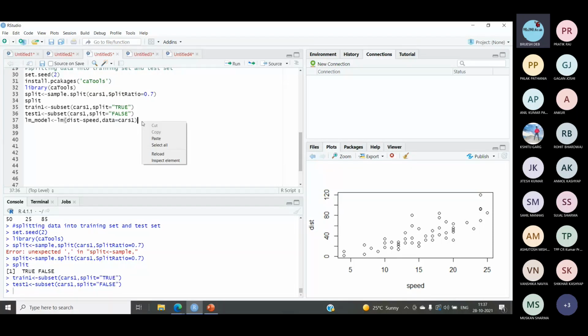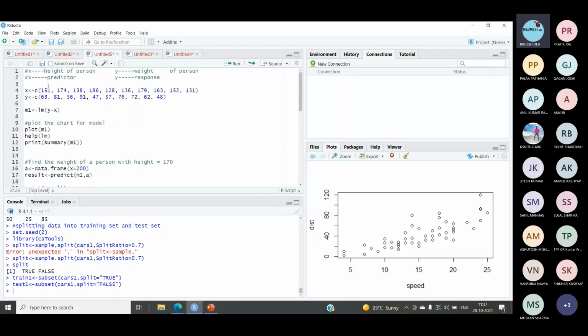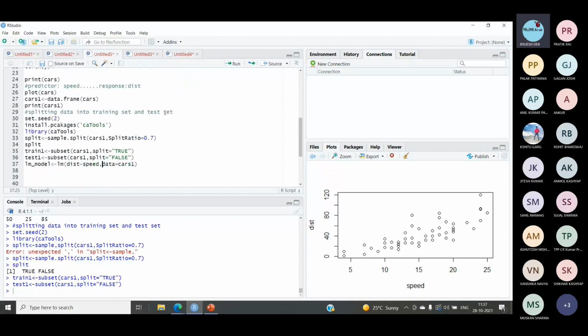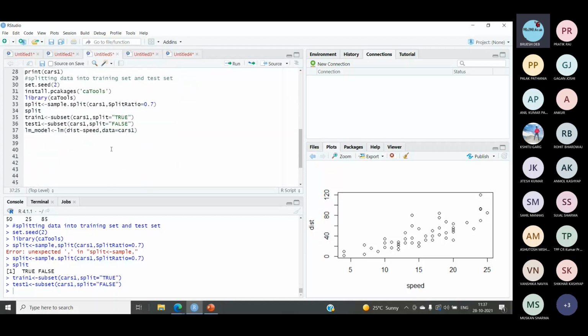So this is the difference from the demo version. That was the first one. That was just to understand what we mean by linear regression and what we mean by prediction in that. And now we are doing the actual real life implementation of this, which is why we are performing it on a data set. And when we are performing this on a data set, you have to specify the complete details for the LM function. So let's run it. Now we have created the LM model.